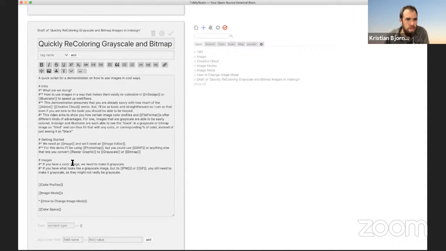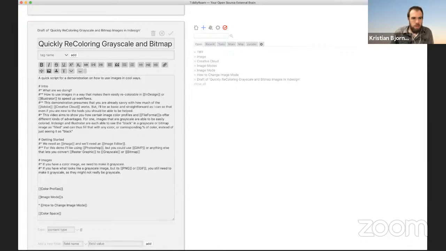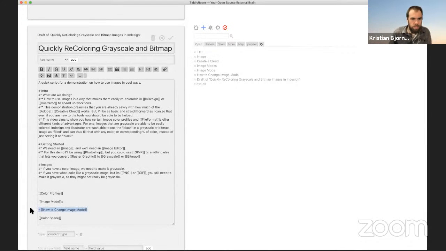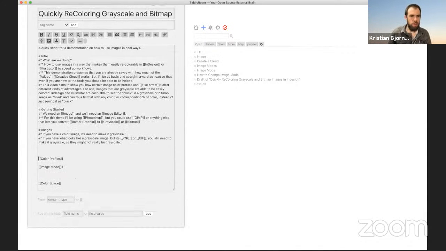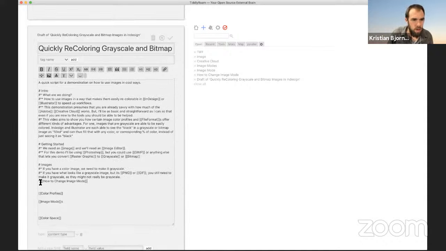So this here, if we need, we got our images. If we have a color image, we need to make a grayscale. If you look, blah, blah. Okay, so then the thing that I just wrote, how to change image mode, that's going to go right here,